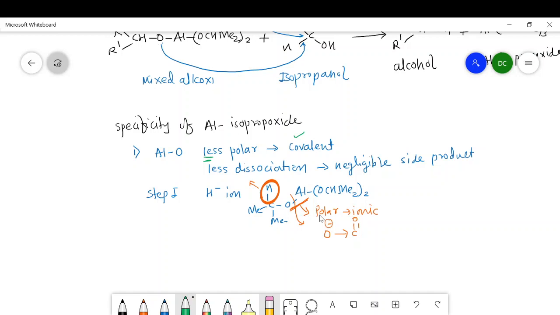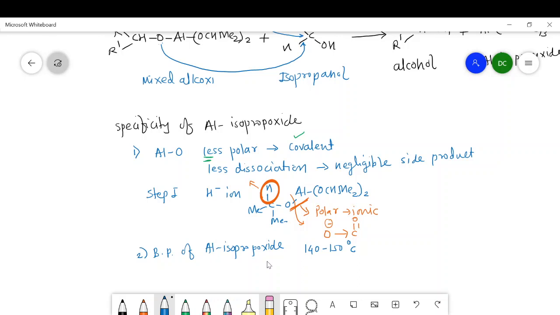the boiling point of this aluminum isopropoxide is around 140 to 150 degrees Celsius. Now, in the general reaction, we know that there is a formation of alcohol plus acetone as a product, and acetone is a side product. This acetone has a boiling point of 56 degrees. Now the catalyst has a boiling point of 140 to 150 degrees, and acetone has 56 degrees. Therefore, acetone can be easily distilled out.